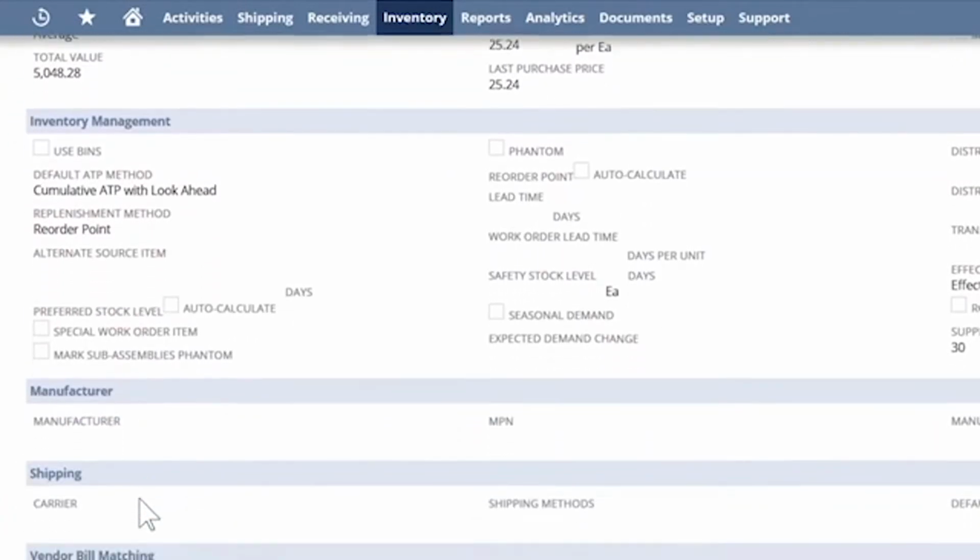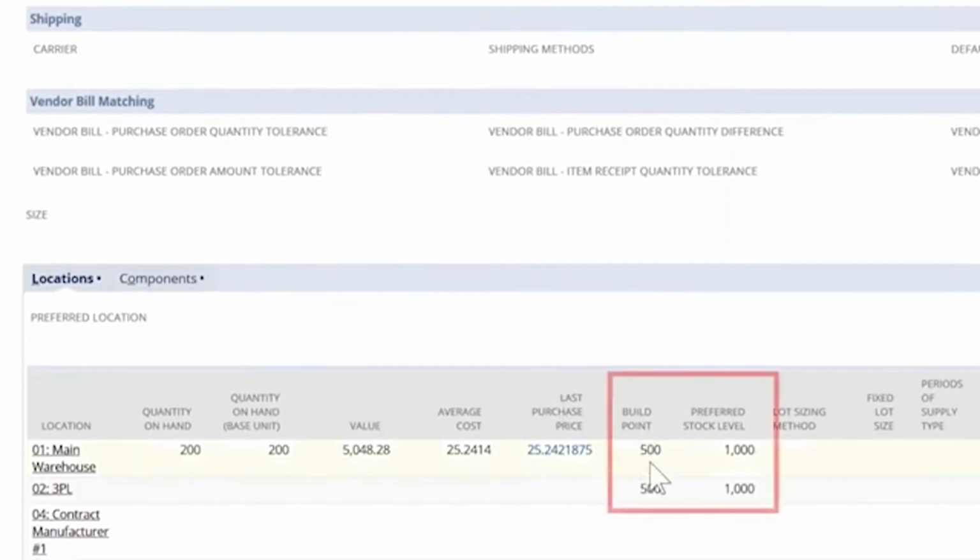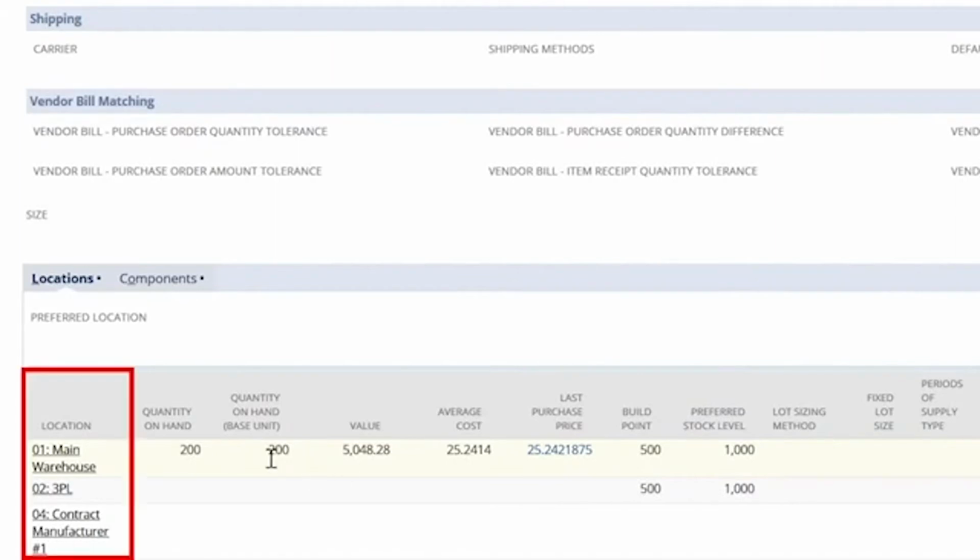I have the option to manually input my build point and preferred stock level, but NetSuite also collects this data and can automate the work order suggestion based on historical information. NetSuite tracks my inventory figures at multiple locations. I can enter a 3PL or contract manufacturer as virtual locations, allowing NetSuite's unified platform to track inventory movement and